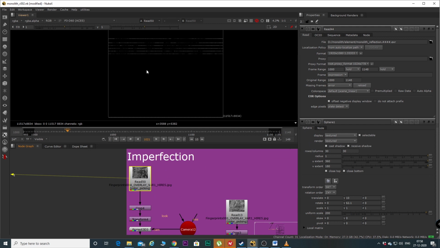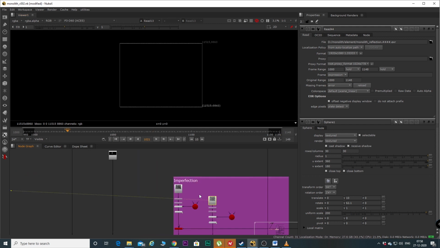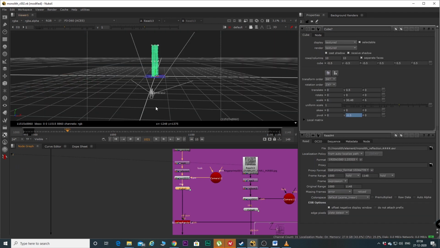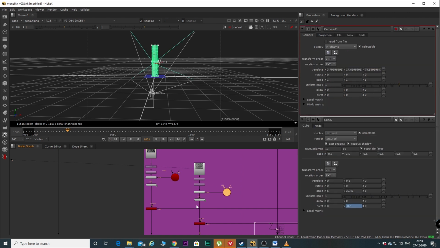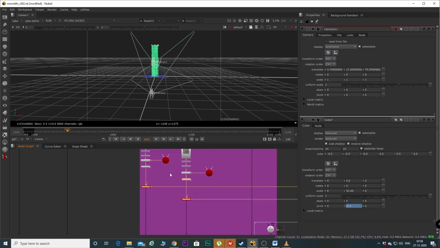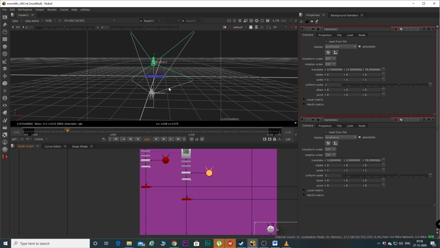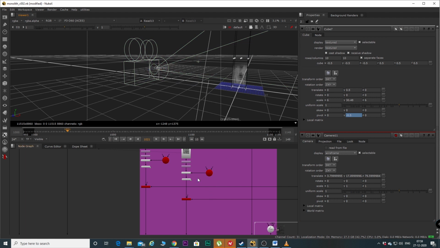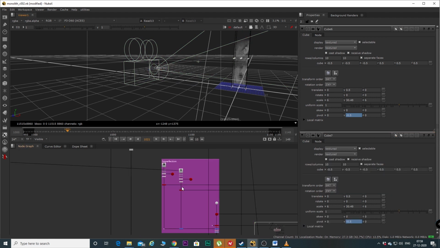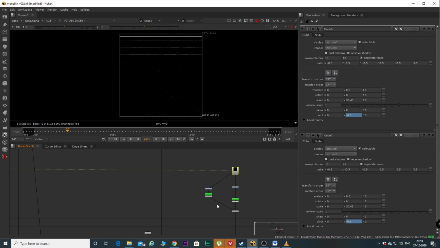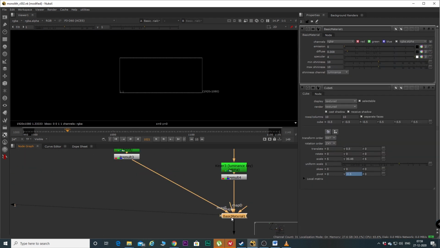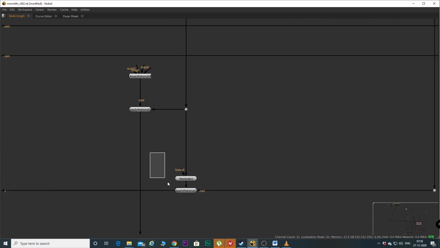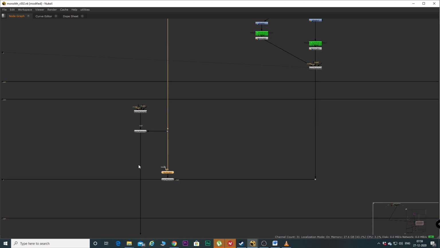Now we'll add some imperfections, some smudges and some scratches. Nothing too fancy. I've just projected them on my cube over here. This is one variation, this is the other. Again, no motion blur over here. These are just default cameras, like normal cameras. Like that. If you see, some on the top, some on the bottom. And for the scratches, I've made them slightly crunchier. I've added them on the diffuse and the specular input of my basic material. This normal node you can or you cannot, you can skip this step.